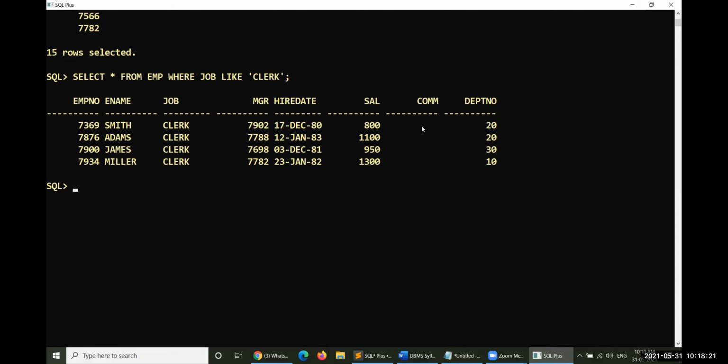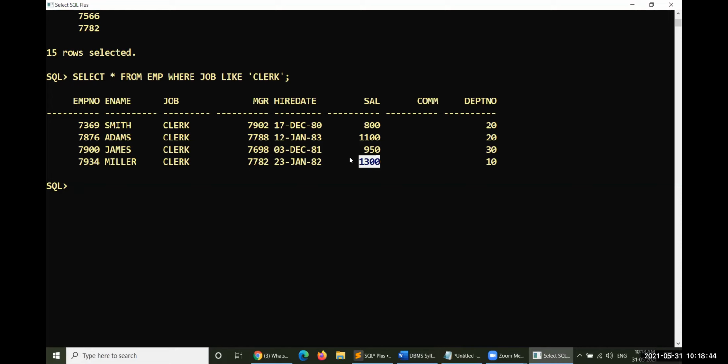If you take this, these people have taken 800, then 1100, 950, and 1300. Out of these four values, the maximum value is 1300. The people getting below this 1300, not exactly equal to, only three people are there: 800, 1100, and 950.